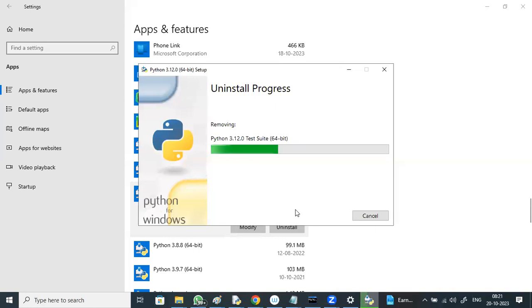But for Windows and Mac OS, we need to download and install it separately.